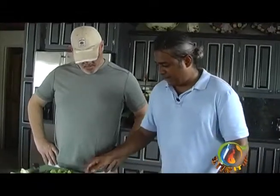Excellent, well, we're gonna get started here. So Mike, we got the bell pepper, we got a little bit of the seasonings. You guys know one of my key ingredients is these Scotch bonnet peppers. I use at least 3 different colors, and we have a variety of these Scotch bonnet peppers that grow locally here on the island. So Mike, what we got here is a little bit of sesame oil warming up